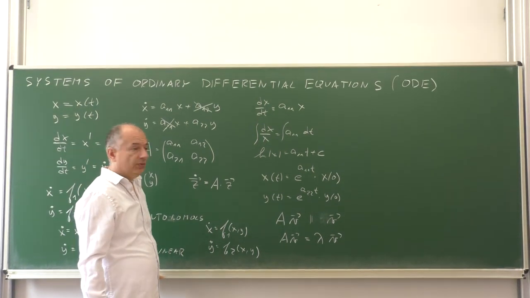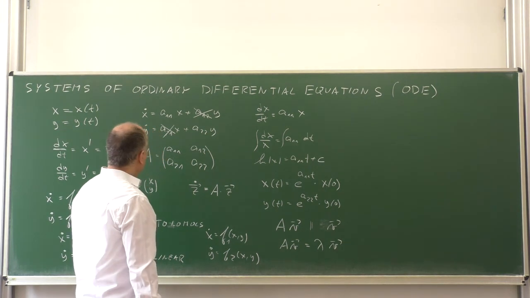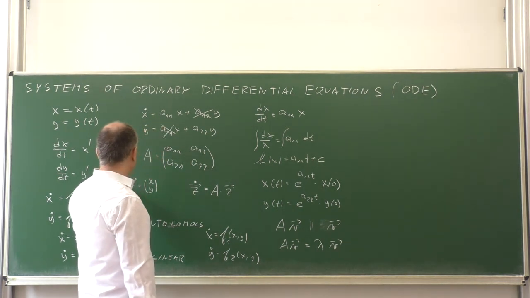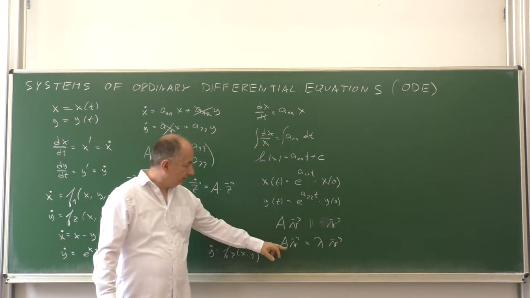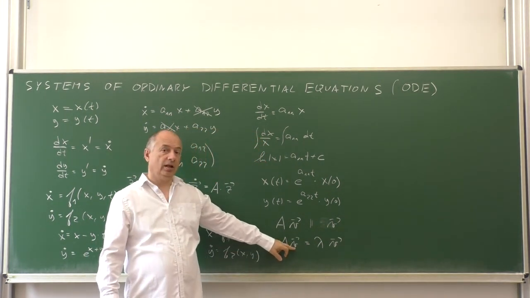And this is a very useful concept because if the initial condition z0 is on the line given by the eigenvector,